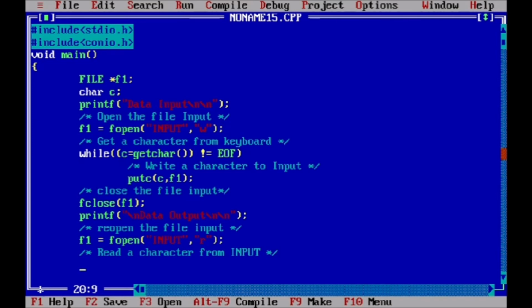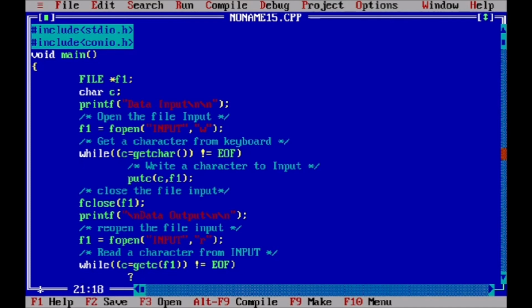Again we have to use a while loop, because we don't know how many characters there are, so we have to read the content up to the end of file. For getting the data from the file, we use the function getc(f1) not equal to end of file.